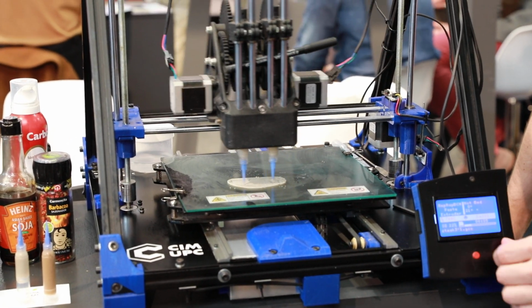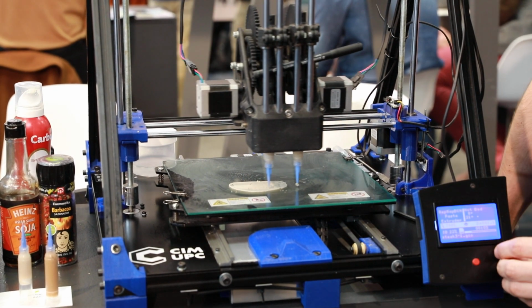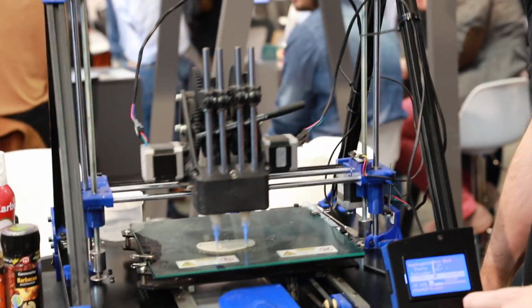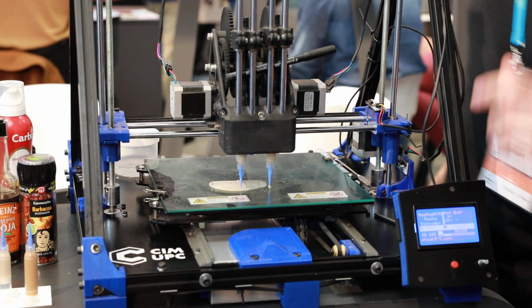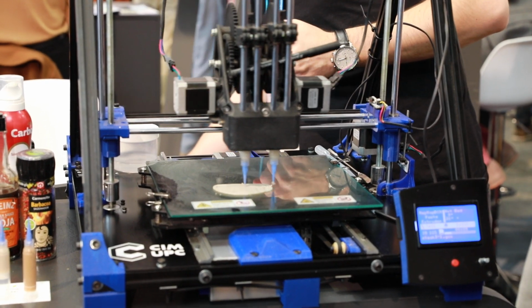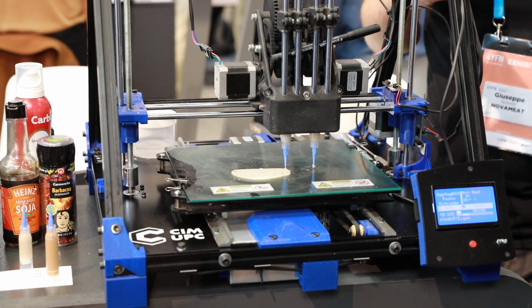So now we will go to 8 centimeters per second, and then, no, this material is not as good as the other one. Yeah, this material we can go up to 8, but this one doesn't look like it. Yeah, so then,